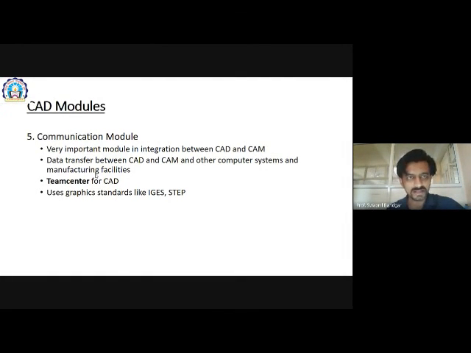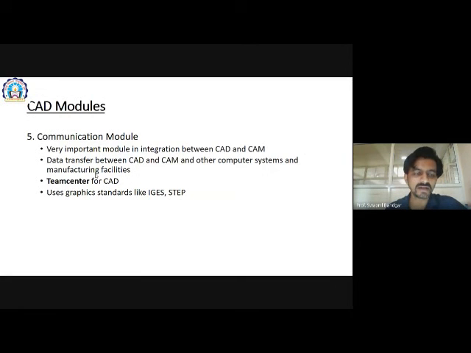So, there is another most important tool in a CAD model, that is the communication model, which is Teamcenter for the CAD. This is the best example of the communication model. Now, what is Teamcenter? Teamcenter is made by a specific company, and it provides for a large and complicated assembly, where I am an expert in some part of that assembly and some part of that product. So to do these things in parallel, we need to use Teamcenter.